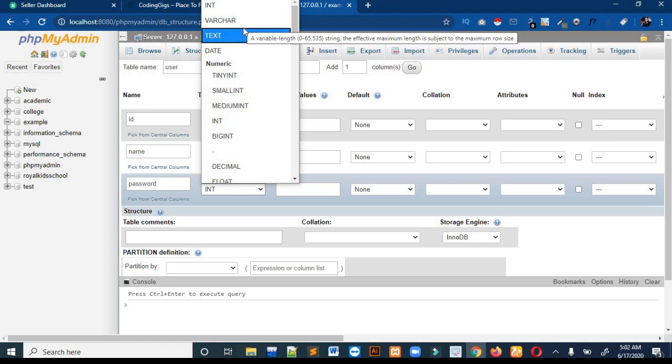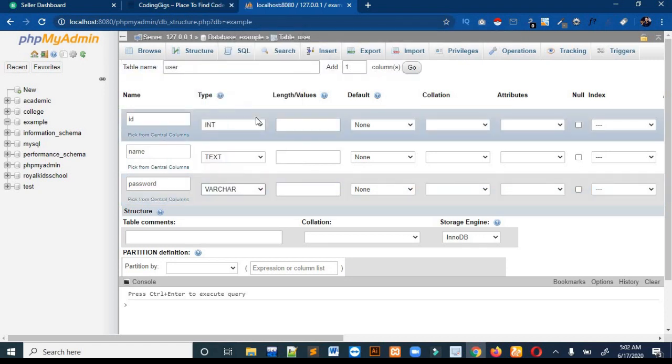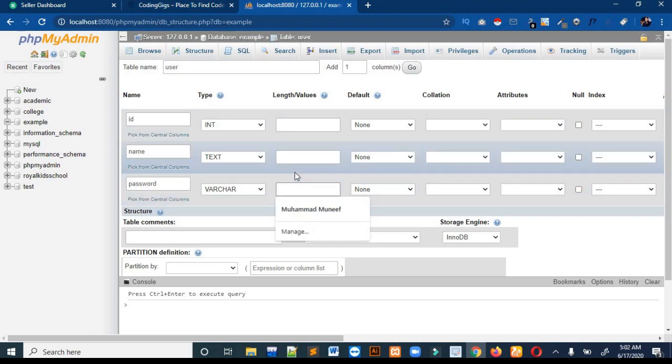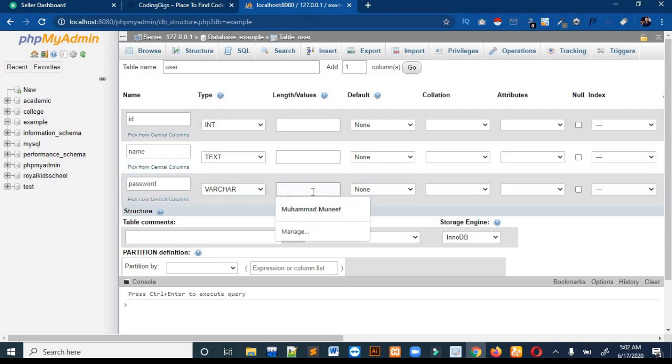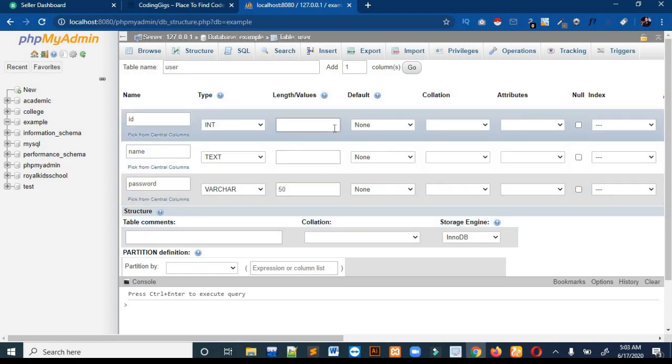I think I should keep it varchar because the user can enter anything. If you select varchar, then you have to select a length for the password. I will select 50, in case of any exceptions.